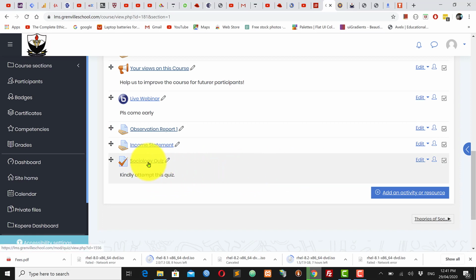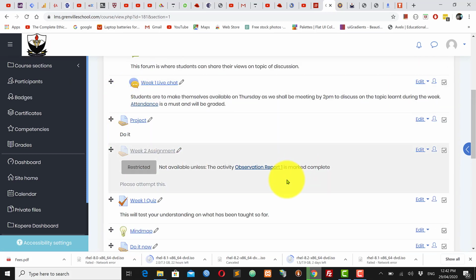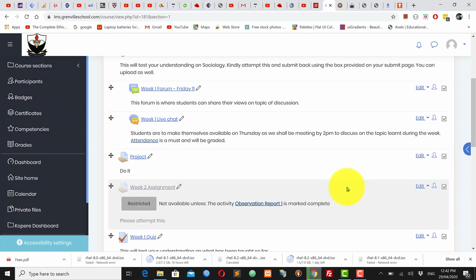So when a student attempts this sociology quiz, once he or she gets that pass mark, the system would award that student a badge automatically, and that student will be happy. And you know, when you give him or her more quizzes to do, they would want to do them. Do you understand? So to add a badge quickly, teacher, what you're going to do while you're on your course,